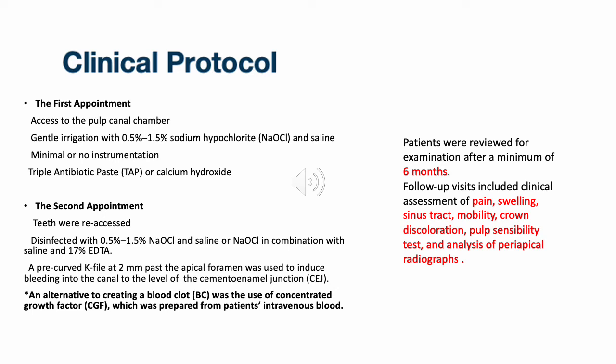At the next appointment, teeth were re-accessed and disinfected with sodium hypochlorite, and a pre-curved K-file 2 mm past the apical foramen was used to induce bleeding into the canal to the level of the cemento-enamel junction. An alternative to creating a blood clot was the use of concentrated growth factor, which was prepared from the patient's intravenous